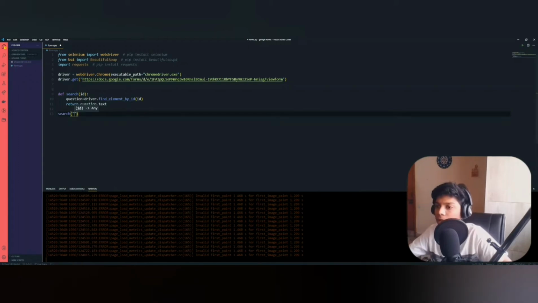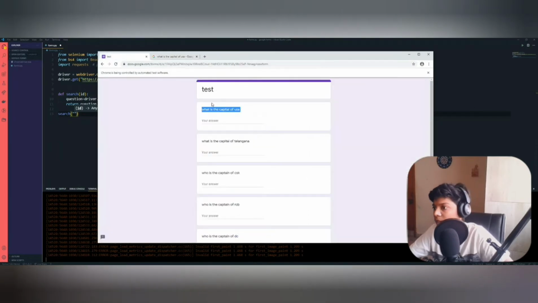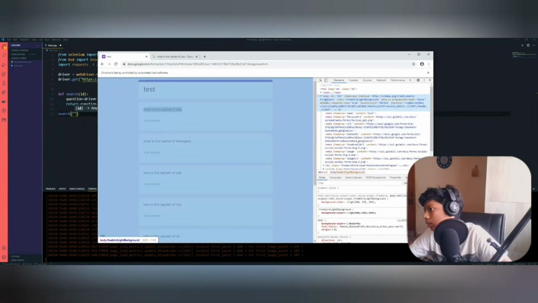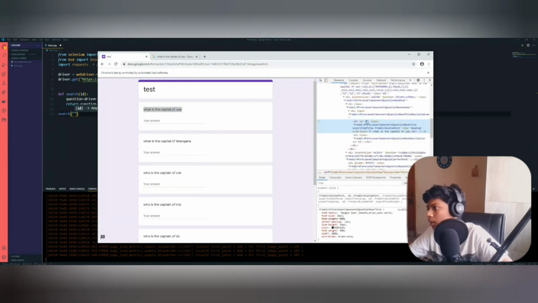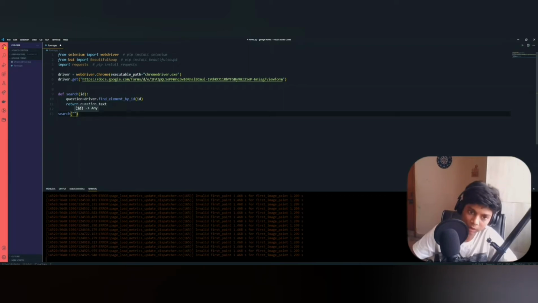So now we need to get this ID from our form. This is our form, and let's get this ID. So the ID is I1. Let's take that ID and just paste it over here.